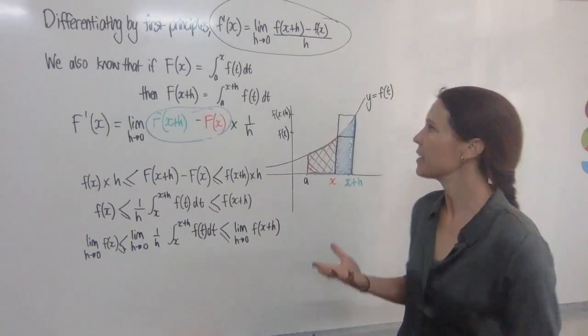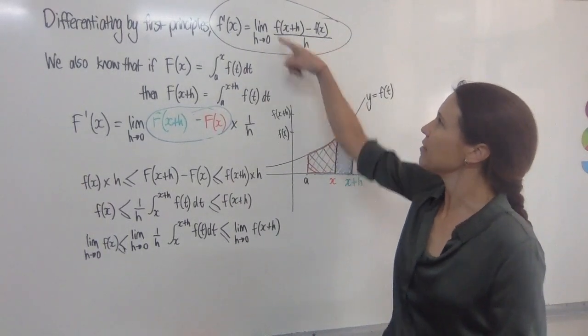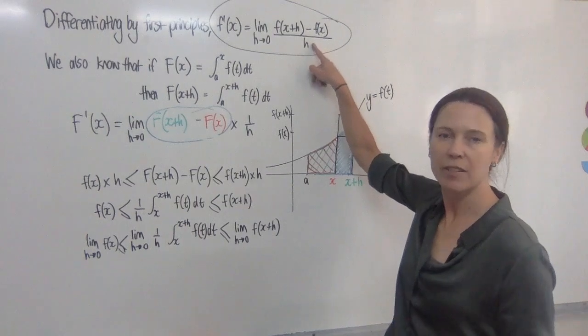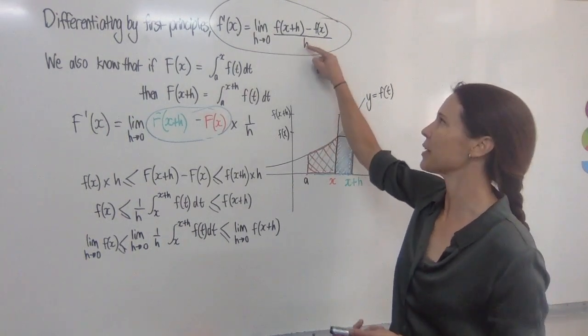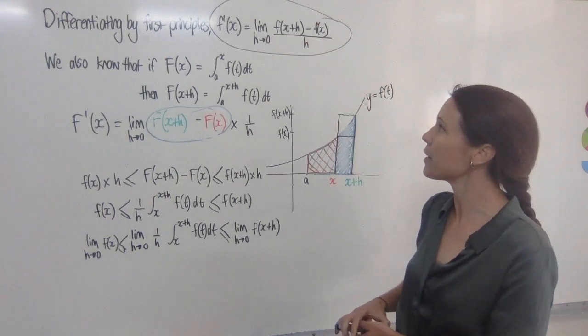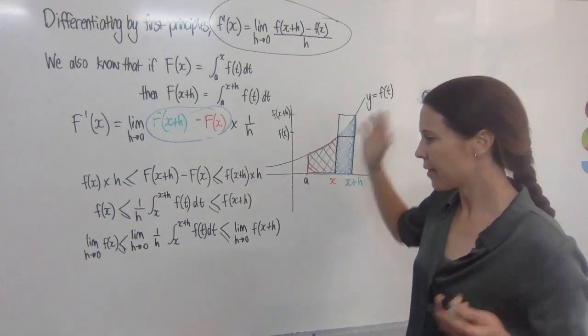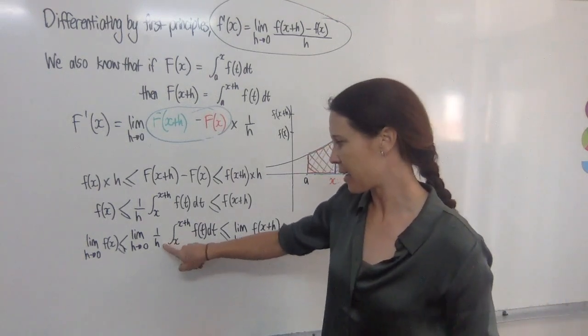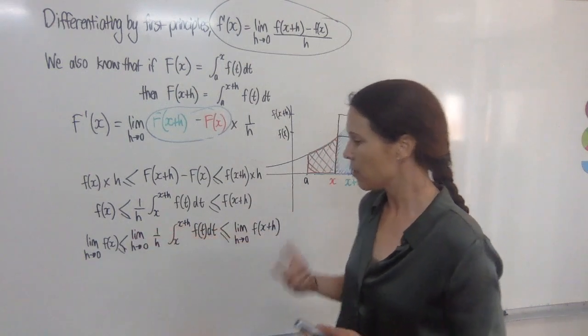Now, in most cases where we're differentiating by first principles, we normally try and tidy this whole section up so that we don't have h in the denominator, because then if we can sub in 0, we can't do it when it's down here because you can't have 0 in the denominator, we can come up with what the limit is as h approaches 0. Now, this time we haven't done that. We've still got our h sitting on the denominator, and we can't really tidy this up anymore. But what we can do